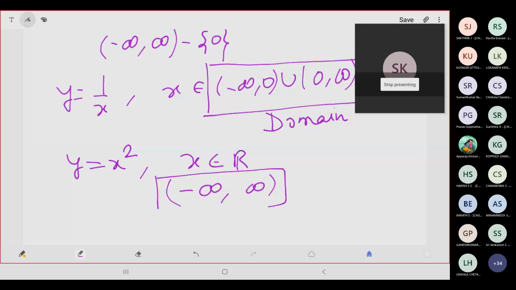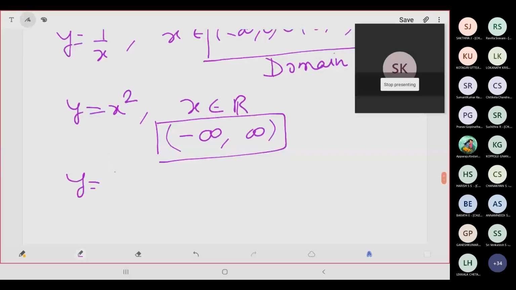Now again, you can take a different kind of function, square root of x, and you can try with x from the real line. Then you can see that,